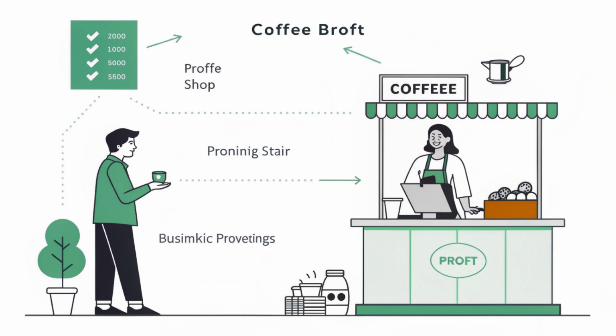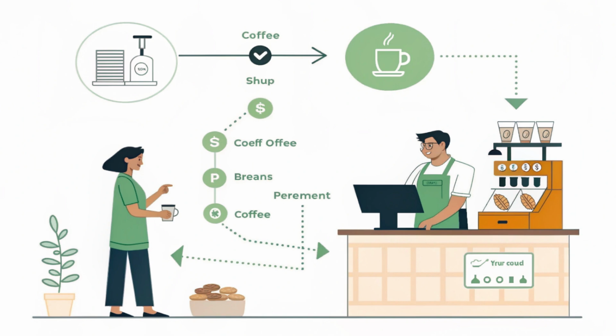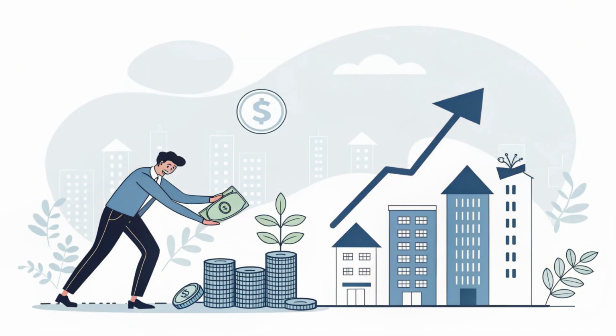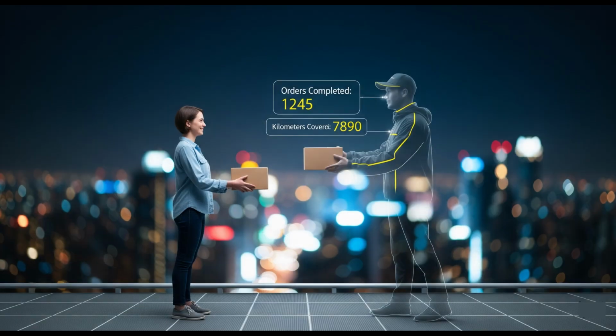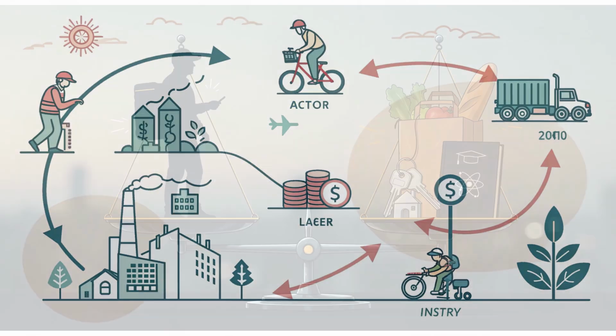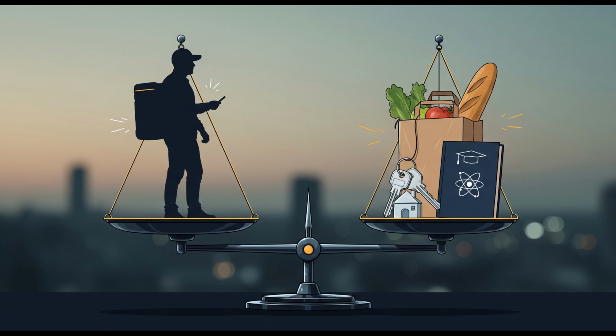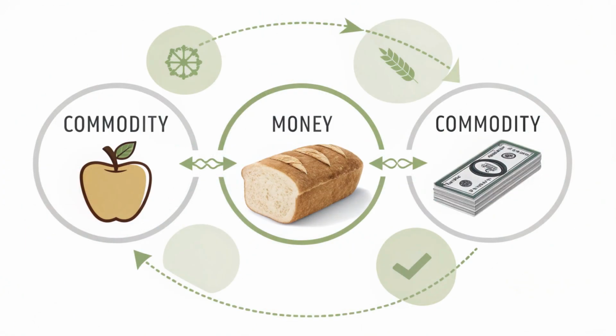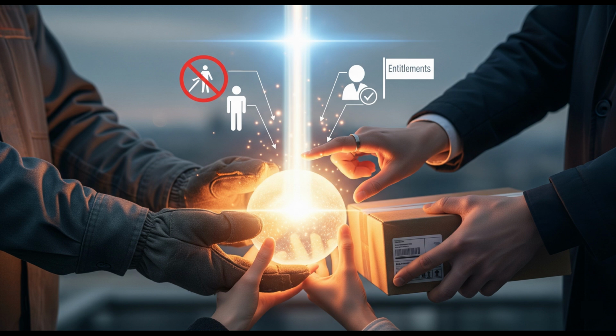This concept explains many things in the modern world. Small business. A coffee shop owner buys a barista's labor power and coffee beans, then sells the finished drinks for more than the total cost. That difference is their profit. Investing. When you buy shares in a company, you become an owner of capital. Your money works for you, bringing in dividends because the employees of that company are creating new value.